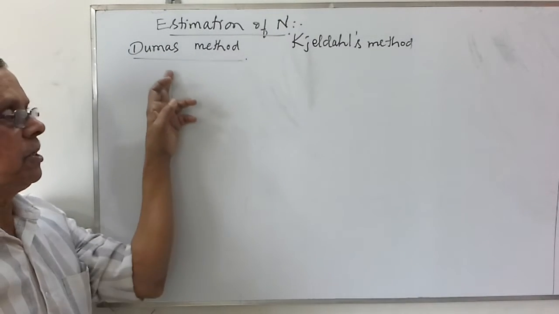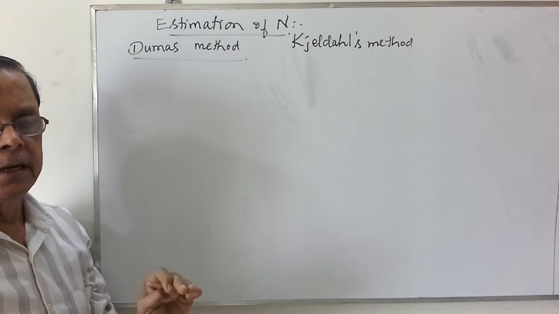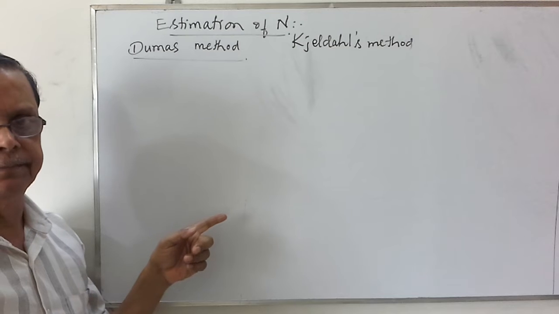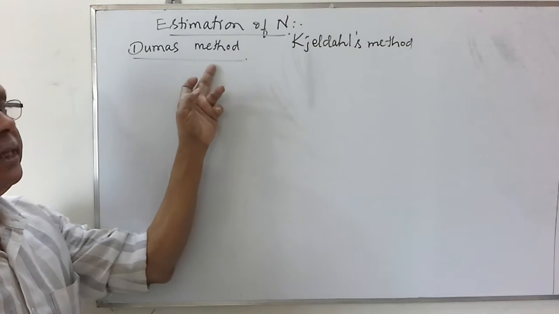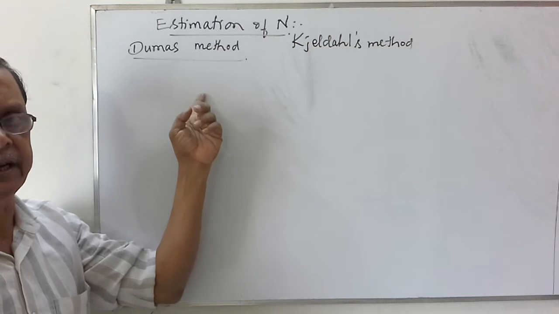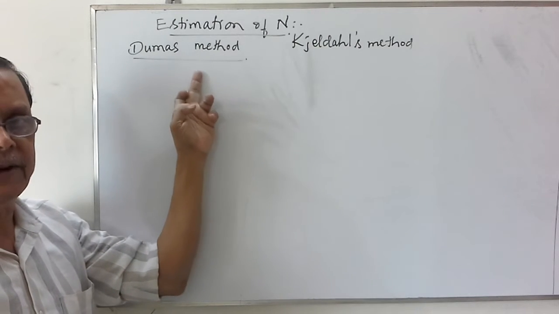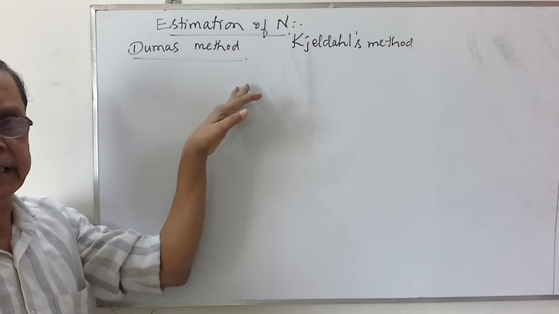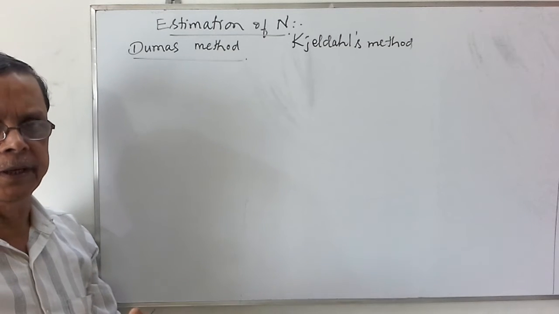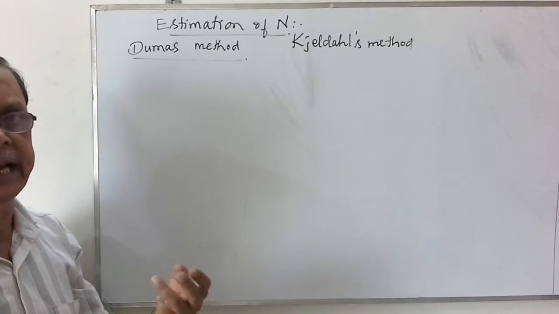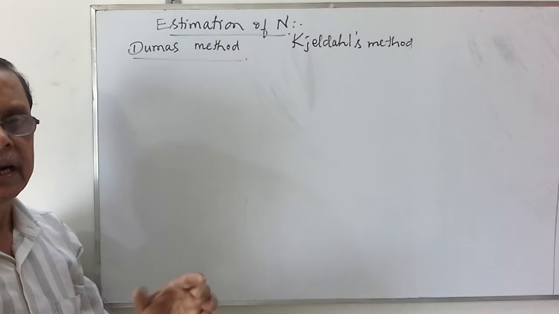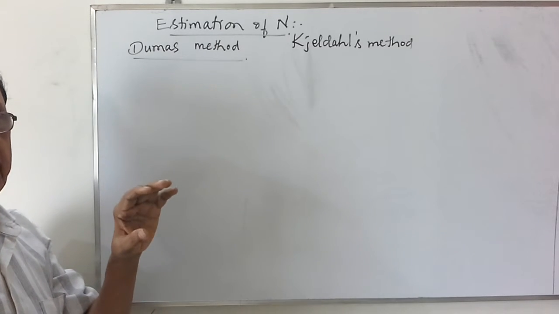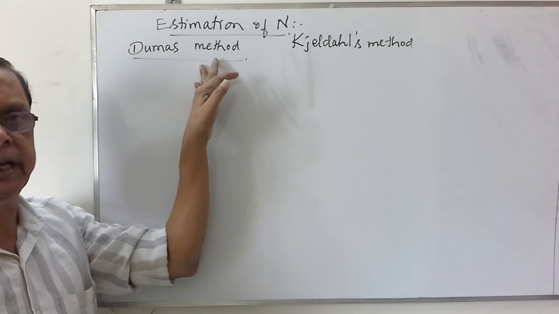So let us first see this Dumas method. There are some advantages of this Dumas method. One thing is, all the nitrogen present in the organic compound is converted to nitrogen gas. From the volume of the nitrogen gas collected from the known mass of the organic compound, we can calculate the percentage of nitrogen. One more thing is, in the Dumas method, nitrogen present in any form in the organic compound, for example, the nitro group form, azo group form, or as part of the ring system, can be estimated.